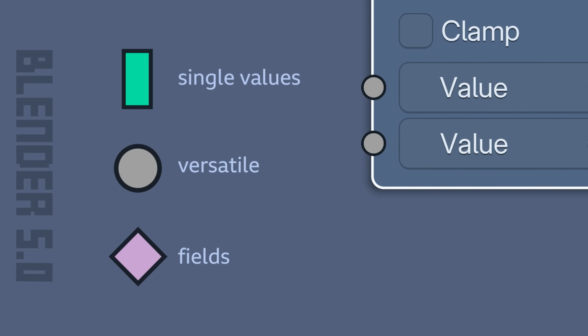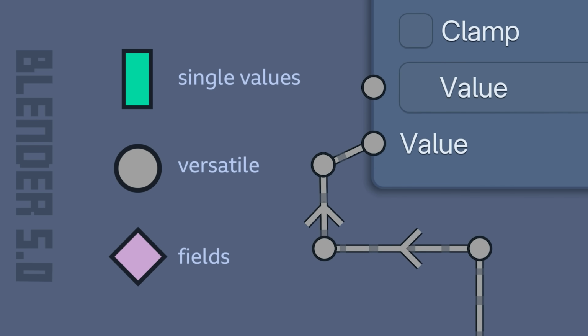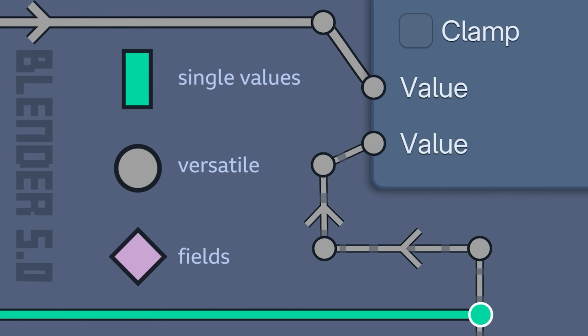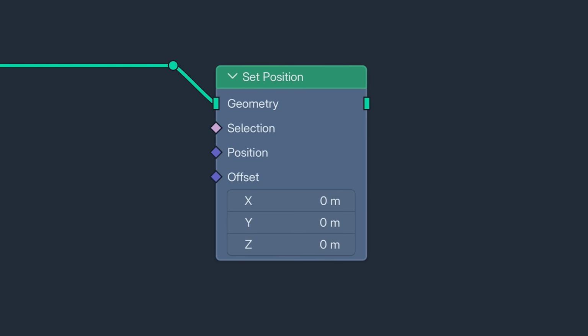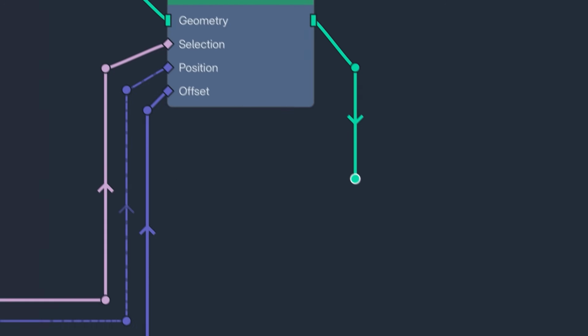We know if it's carrying a field if the noodle is striped, and we know it's currently single if it isn't, or if it's posting Instagram stories at 3 AM. Sockets on nodes simply don't change anymore. Their shapes are now a static symbolic representation explicitly expressing what they expect or generate. This precision now allows for new socket shapes, and we'll get to one in a few minutes, but first